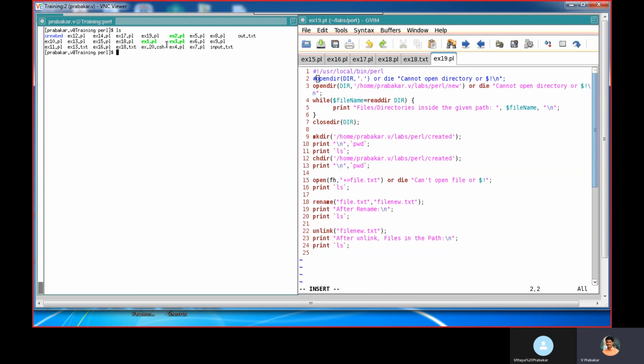Here there is no new directory. I'm trying to open a directory new. If I try to open that, it will throw this: cannot open directory, or no such file or directory, which we are getting for this $!.